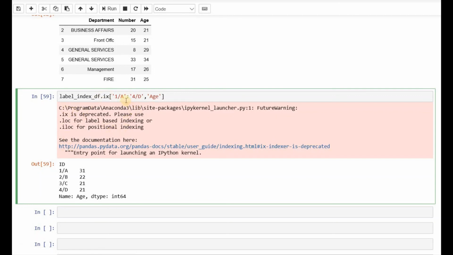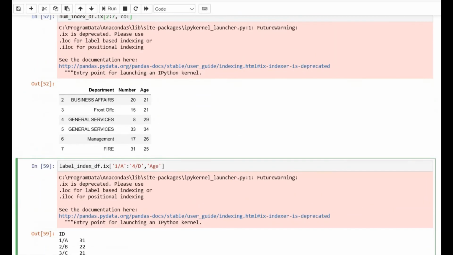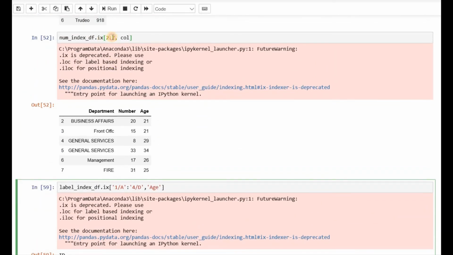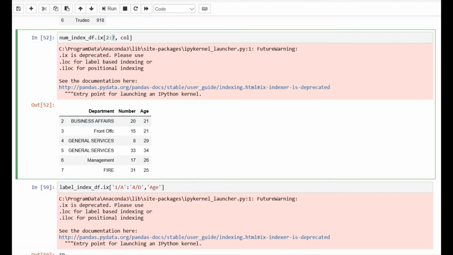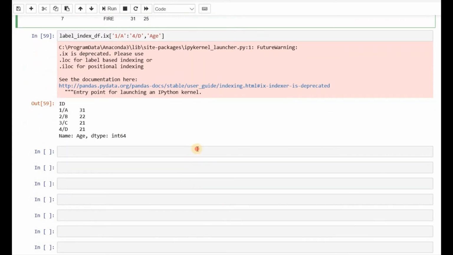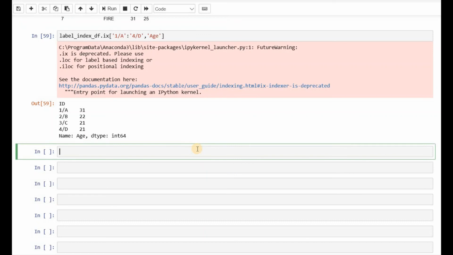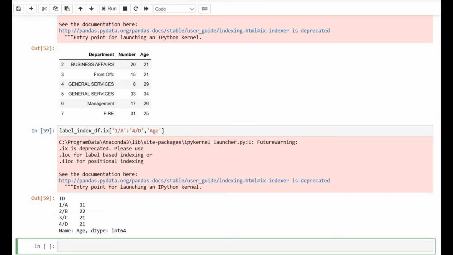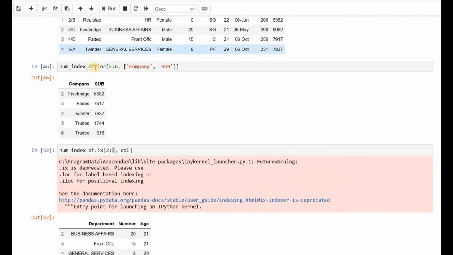It just throws an error, and we have to remember that in the case of ix the last limit is also included. Okay, and before I conclude this video, if we want to do it by the loc or iloc method, we can do that too.